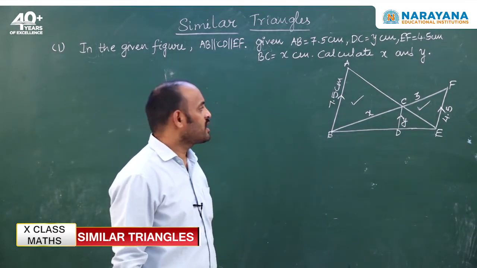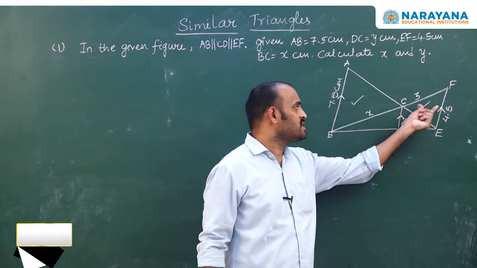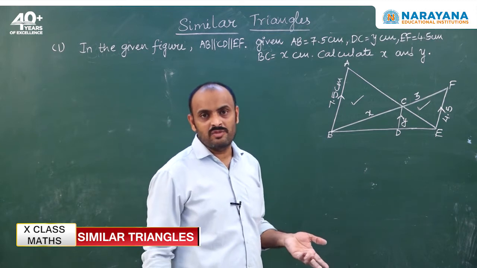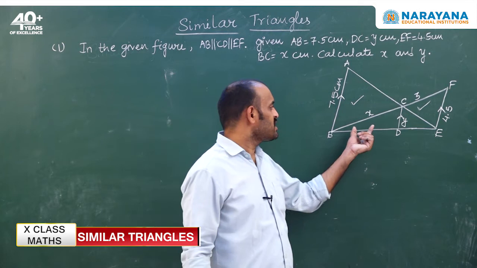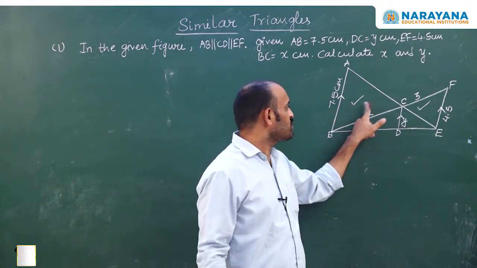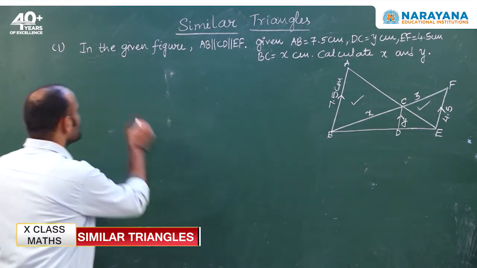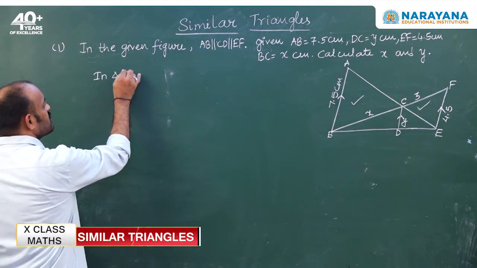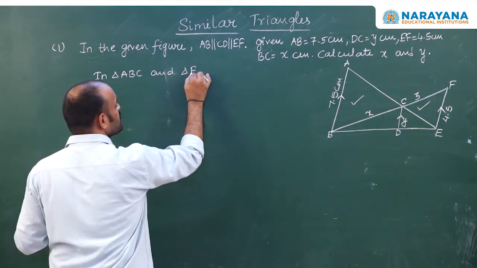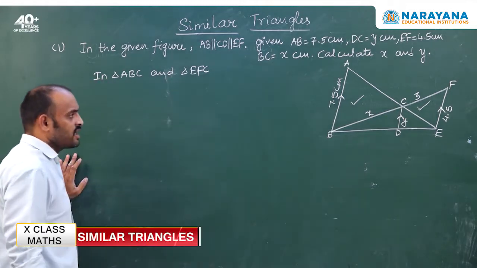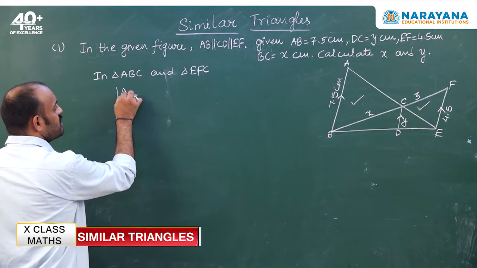Why am I considering these two triangles? If I can prove these two triangles are similar, once the triangles are similar, the ratio of the corresponding sides are equal. Once the ratio of the corresponding sides are equal, since only one variable is there in both the triangles, I can find the variable. Let us see that in triangle ABC and in triangle EFC,